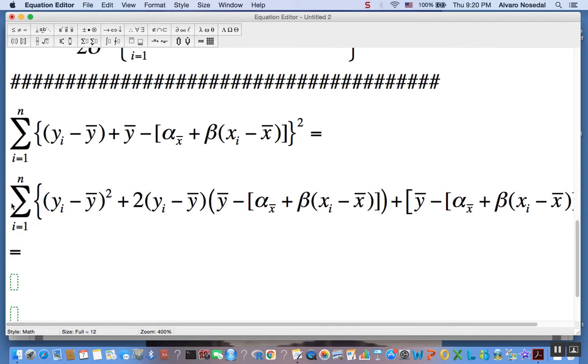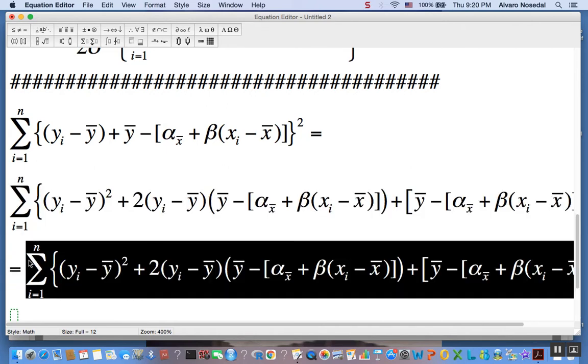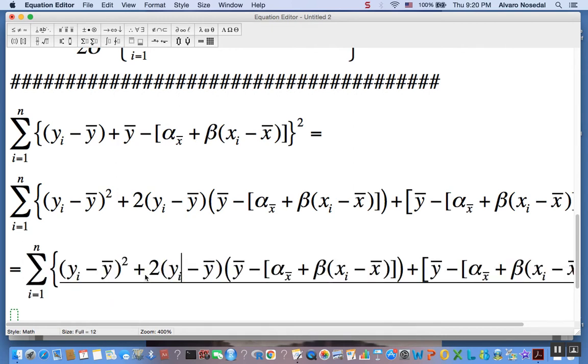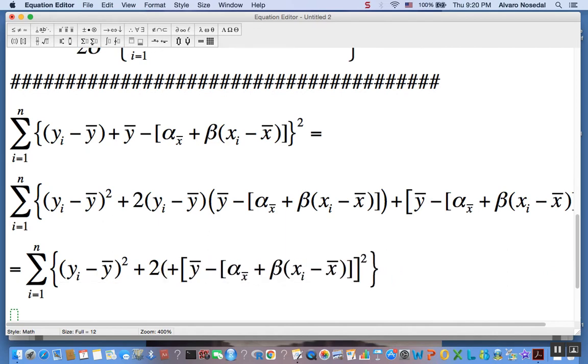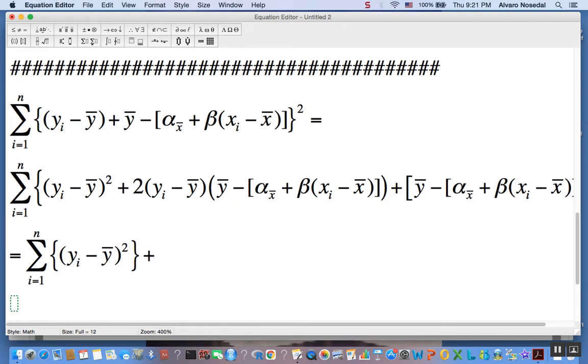Now let's break down that huge sum into just 3 sums. Okay. So we have 3 summations. So we have the first one is just the first term. Okay. So next what we have is 2 times, right? That's going to be a common factor, and we're going to have this guy, right? Summation of